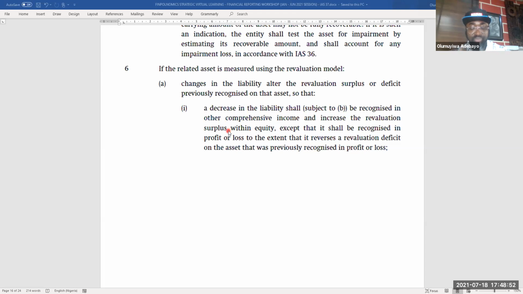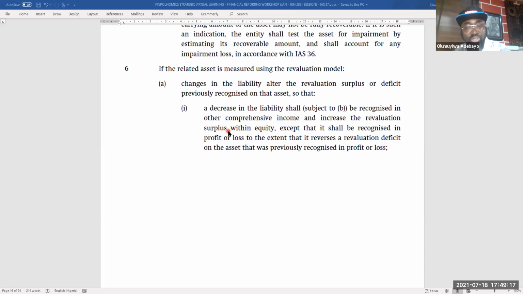Now, what does that mean? If the provision made before was 10 million, today the provision is 12 million. The increase in provision is 2 million, attributable to changes in cash flow, timing or discount rate. That 2 million, rather than adjust it against the cost of the asset, such amounts will be adjusted against the